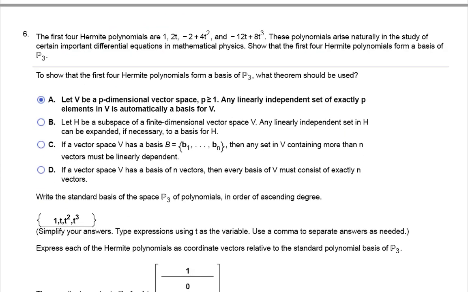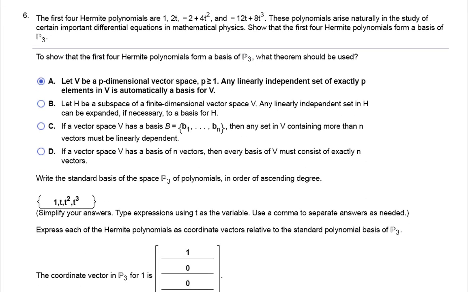All right, in question 6 and 7, I wanted you to look at something that's important in mathematical physics. And that is the first 4 what are called Hermite polynomials. 1, 2t, minus 2 plus 4t squared, and minus 12t plus 8t cubed. So it comes about in certain differential equations in mathematical physics. We want to show